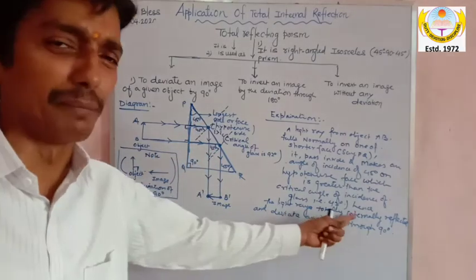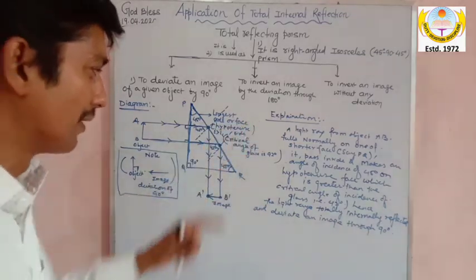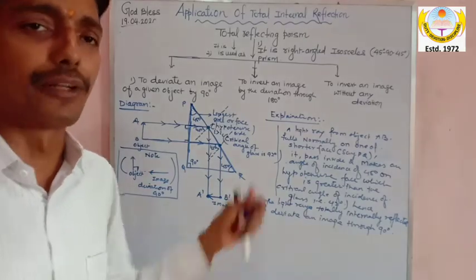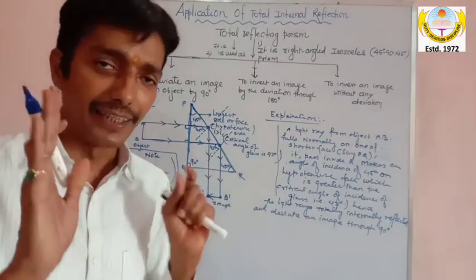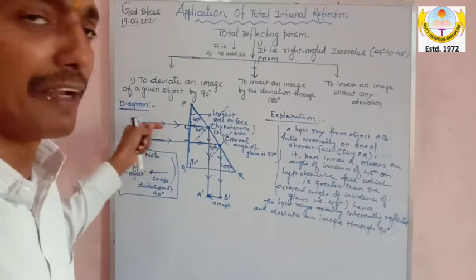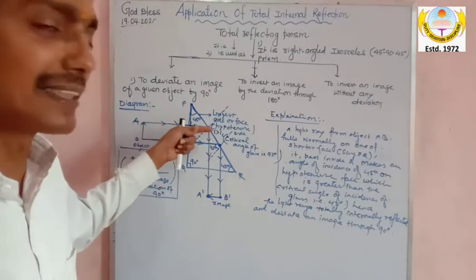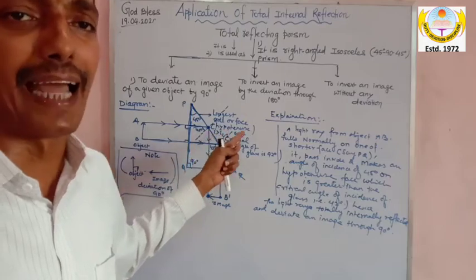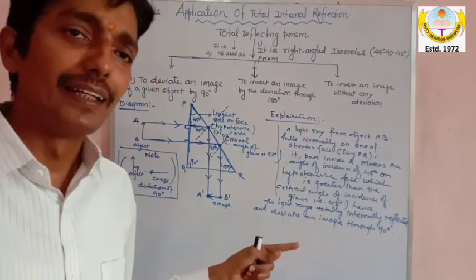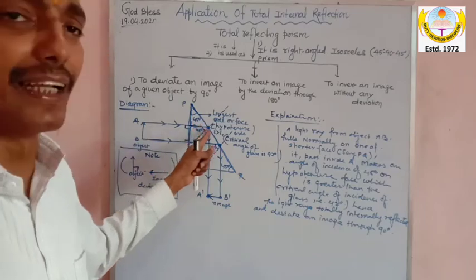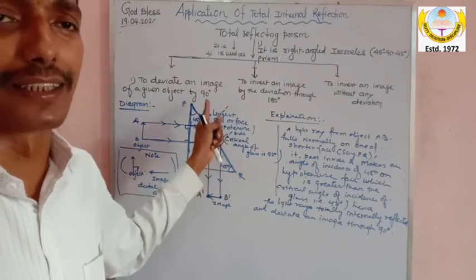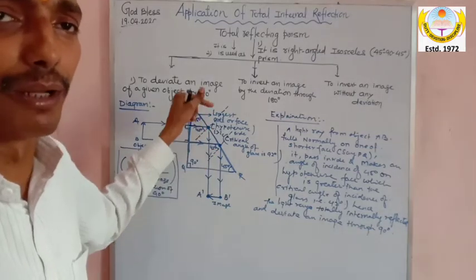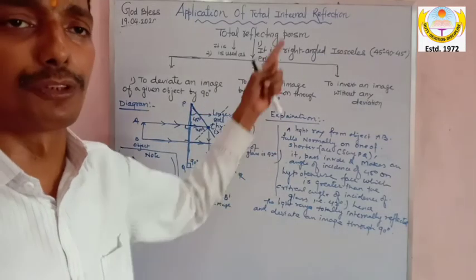I have not written while coming through the third face. Not writing is not much important. You should not write much. Don't write much. The only understanding part is that, sir, on one face the ray falls normally. As this ray passes inside and falls on the hypotenuse face, it will fall with the angle of incidence of 45 degree. That angle of incidence of 45 degree is greater than the critical angle of this glass surface. And hence, as soon as this angle is greater, it will undergo the phenomenon of total